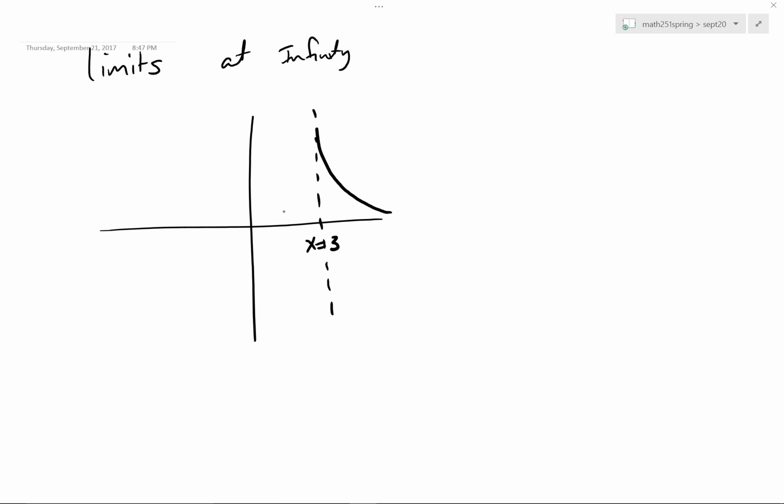If you see the function, obviously not touching the asymptote, getting very close to it, what is the limit, if this is f of x, what is the limit of f of x as x approaches 3? Well, it's going up, it's unbounded, it's headed towards infinity. I would say it's infinity because it's going up, and it's going up how far? All the way. This is what I would call it.